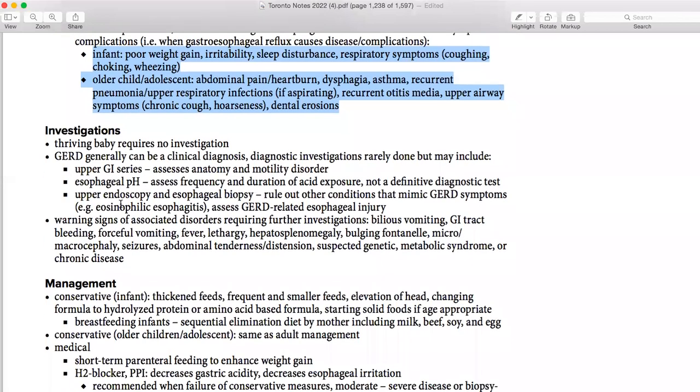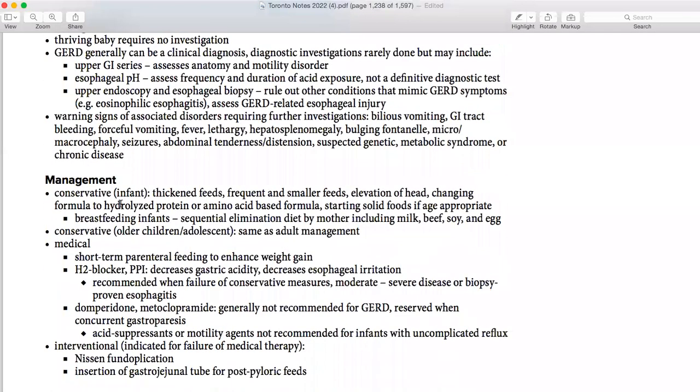Mostly you start with the PPIs. You don't have to do other than that. But if you find out maybe there is any anatomical abnormality going on, then you can start with the upper GI series, then pH and biopsy. Then obviously the conservative treatment is basically for infants, how you are going to counsel the parents about the food, and then you are going to start with the PPIs if it doesn't get treated, right?